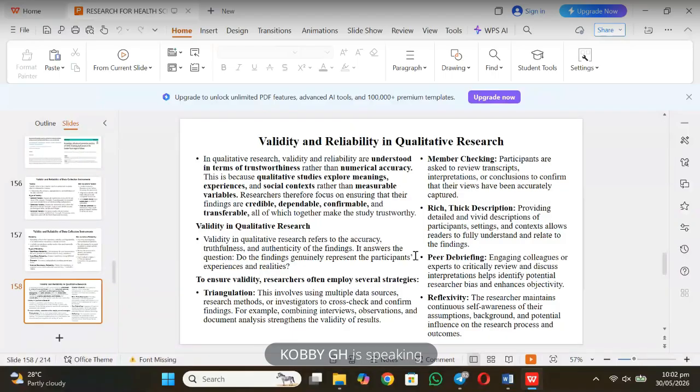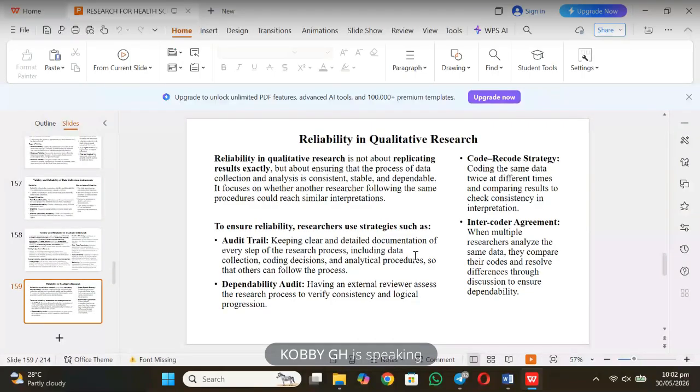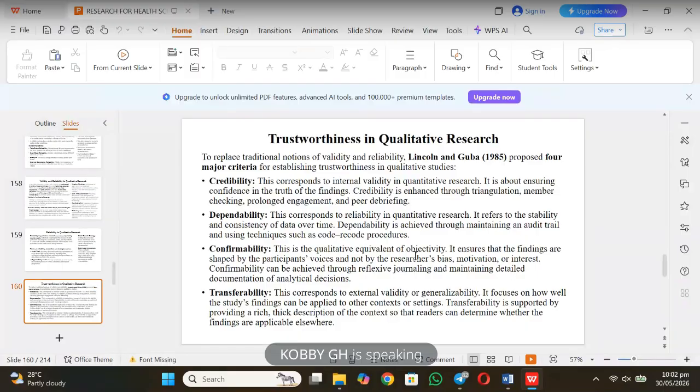Then we come to reliability in qualitative studies. That is where we have the audit trail, dependability audit, code-recode strategy, intercoder agreement. In fact, you will see a lot of questions on this: validity and reliability, credibility, dependability, confirmability,